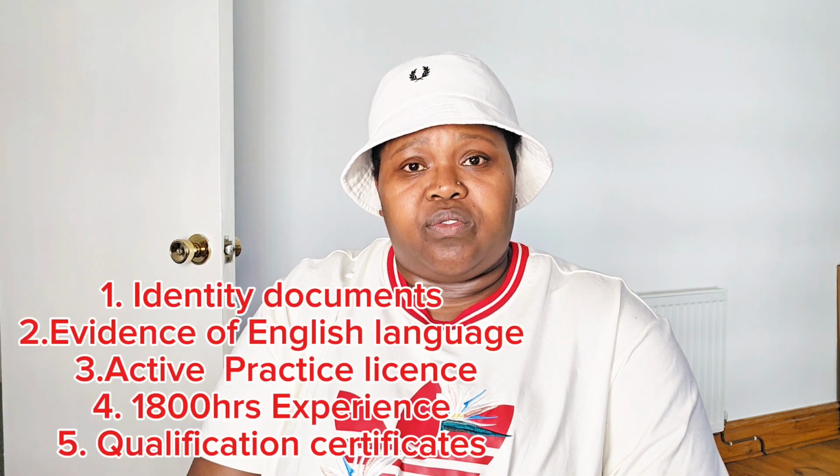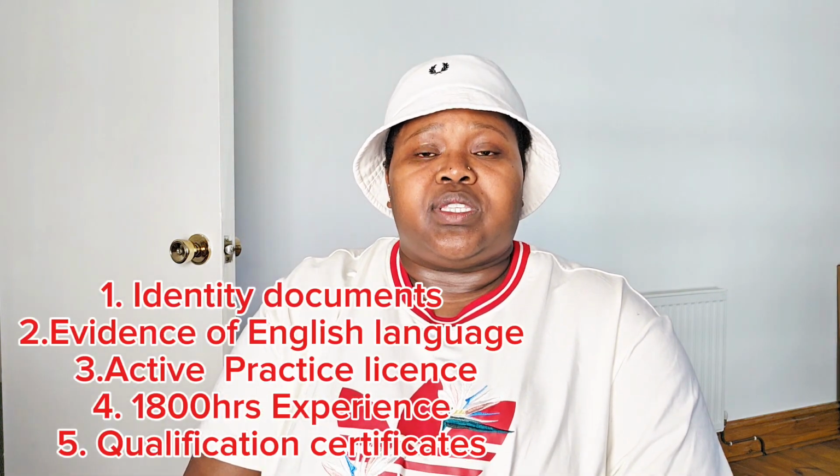So if we go through all the documents that are needed for you to submit to CGFNS, you need to have your identity documents, 2 identity documents, evidence of English language proficiency, at least 1 active practicing license, 1,800 practice hours post your qualification, and your certificates. After you have submitted all those documents, you pay for the service, and then they will start processing the authenticity